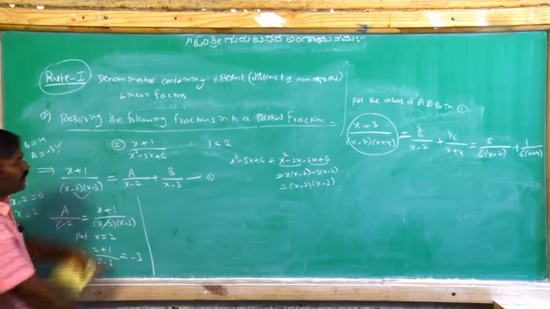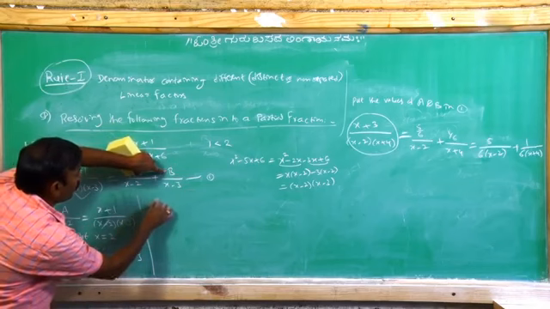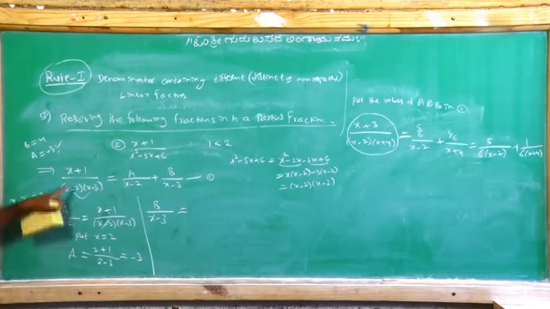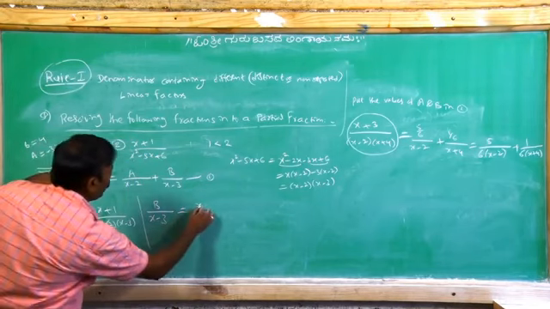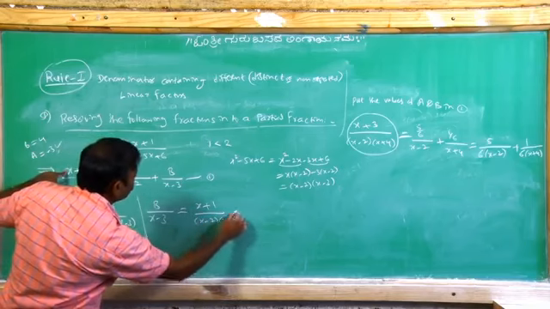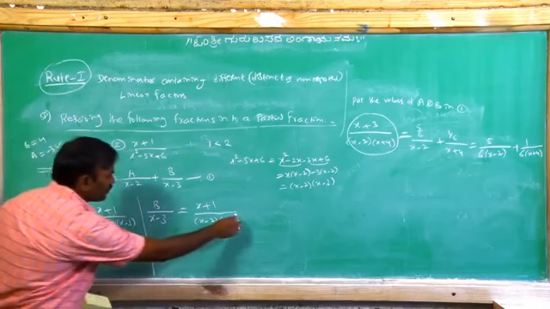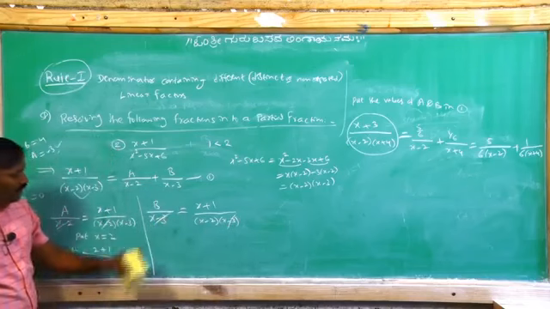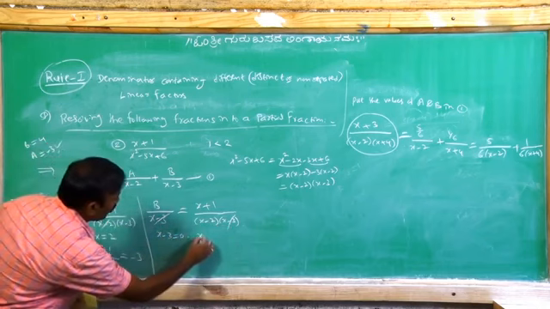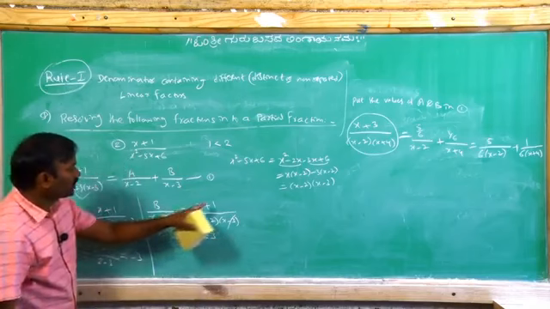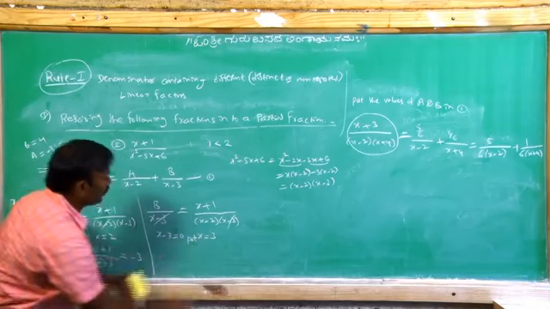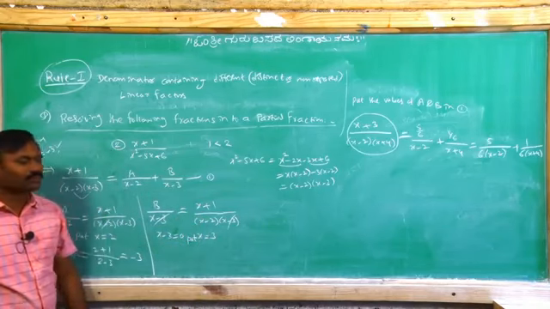To find the b value, take only the second term, the b term, because the second term contains b. So take only the second term, b by x minus 3, equal to the LHS fraction as it is, x plus 1 by x minus 2, x minus 3. Here x minus 3 cancels, so x minus 3 equal to 0. Therefore, x equals 3. So put x equal to 3 in the remaining fraction.